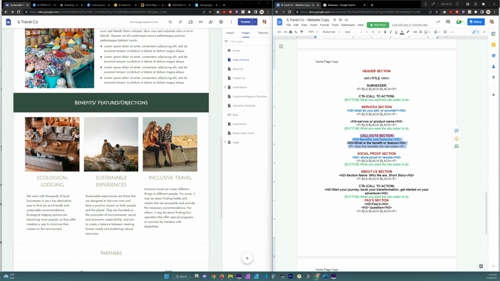And you can see the call out section right here. This talks about the benefits and features. So why would you want to use And Travel Co? We provide ecological lodging, sustainable experiences, and inclusive travel. And then I selected images that depict what I'm referencing. I wrote the copy already. So we work with thousands of local businesses in your trip destination area to find